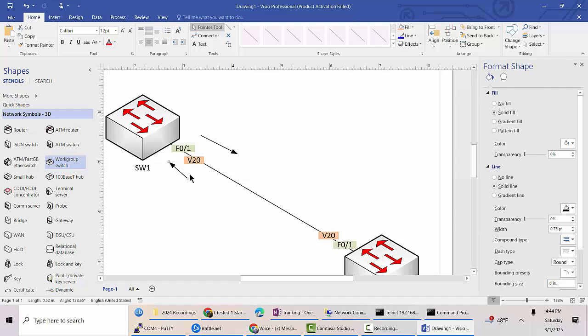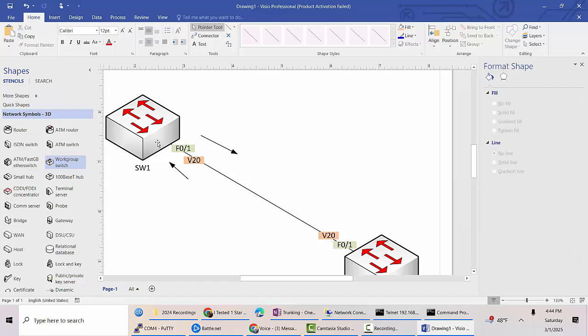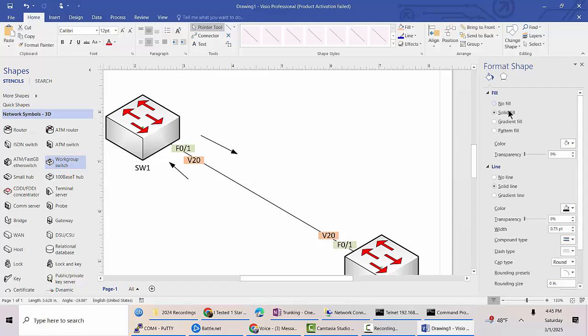So now, if traffic is coming into switch 1 on FA0/1, all traffic coming in FA0/1 is going to be inserted into VLAN 20. As it goes from switch to switch, going across trunk links, it's going to maintain that VLAN 20 isolation. However, this is not a trunk link, okay? This bad boy here,